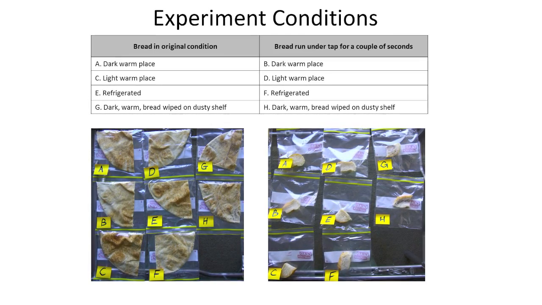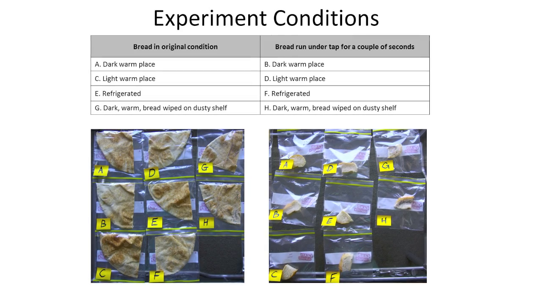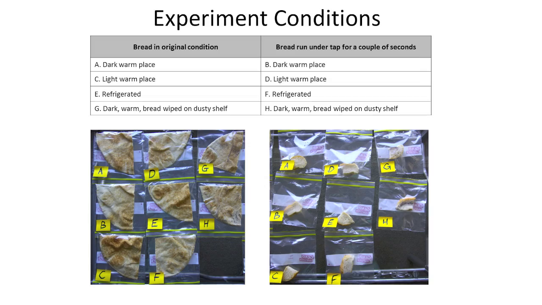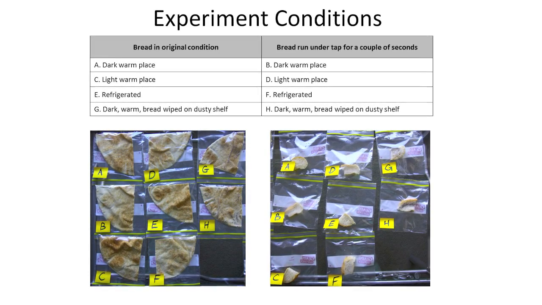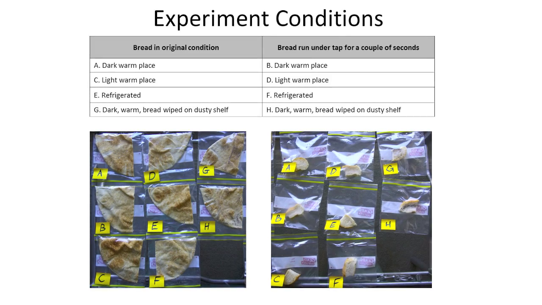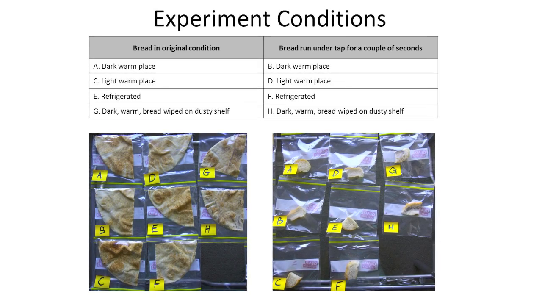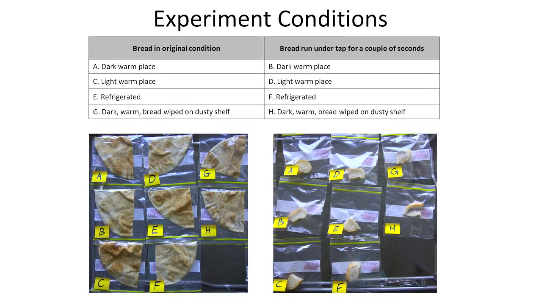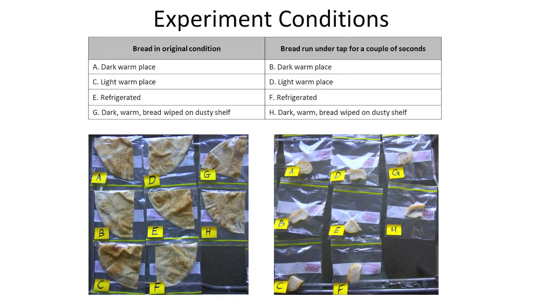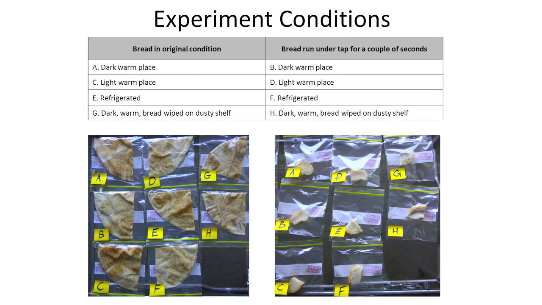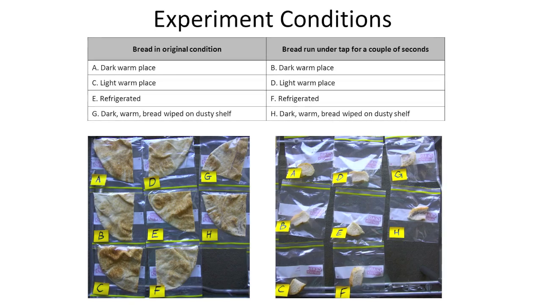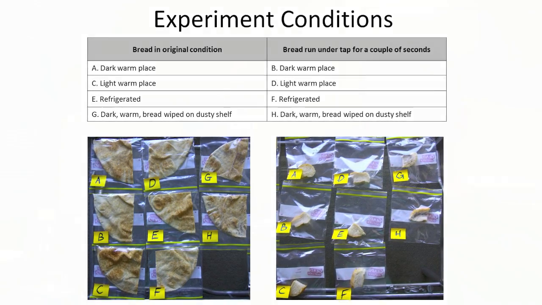So the breads marked A were in a dark warm place. The breads marked B were in a dark warm place also, but they'd been run under a tap just for a few seconds. So all the ones in this column here were all run under the tap for a few seconds. So C and D were in a light warm place, E and F were refrigerated, and G and H were in a dark warm place, but I'd wiped the bread on a dusty shelf because I read somewhere on the internet that this is a way to make mould grow quickly. And it turns out that it is, because